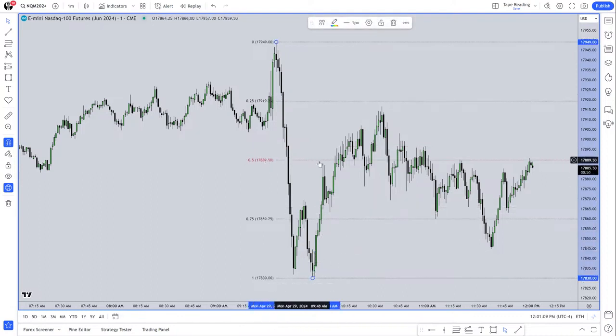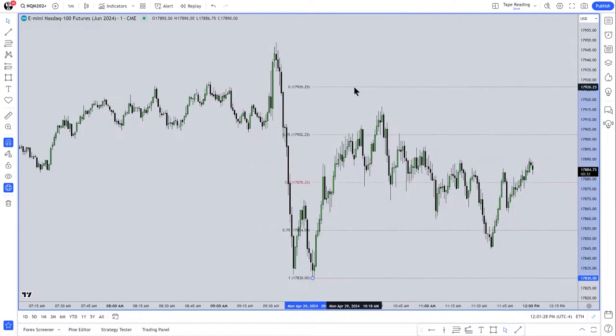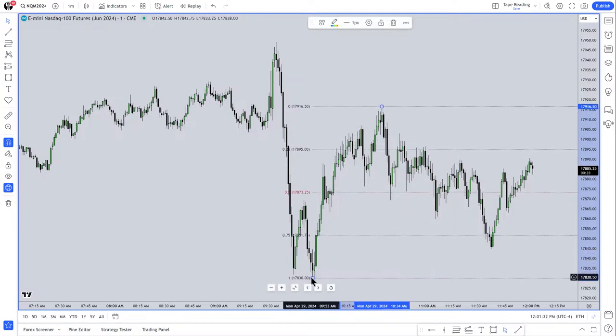Did we go above equilibrium? Yes, multiple times in closing basis. So you can't use that range now for defining short-term premium to discount. This low did not take that low out, but we had market trade higher. So we have to look at a shorter time frame range, which is inside the larger range of the day. So from this low to that high,